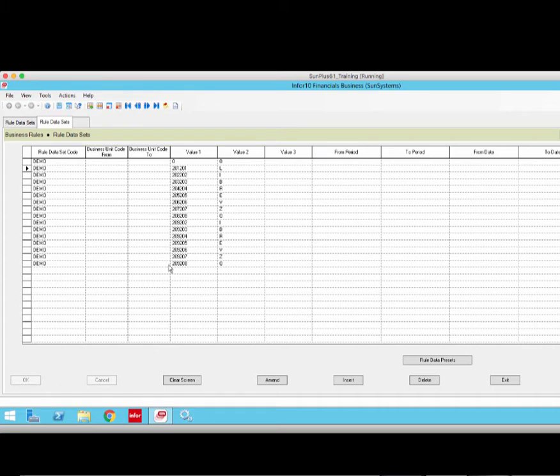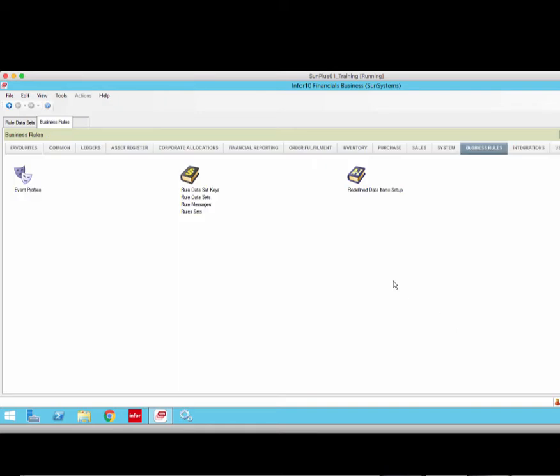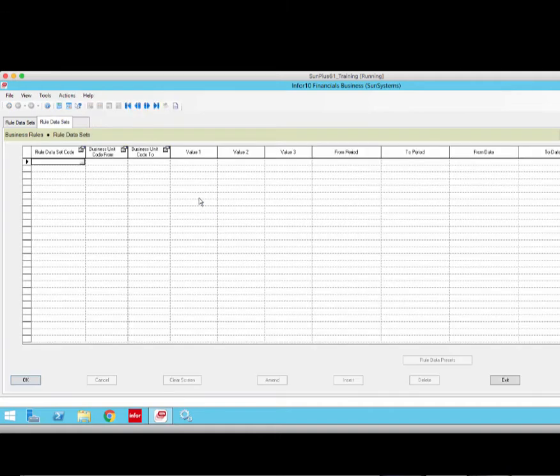And you can see again, I built it in reverse order because insert doesn't go to the bottom, but insert puts the row at the top, and I think we're good to go. And so we can exit now, and we now have our data in our rule data sets. Now, if you go back to them, you want to go and work with it. I go rule data sets, and then if you